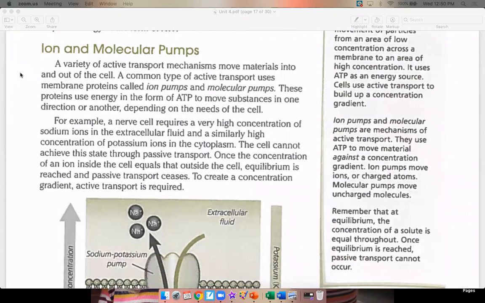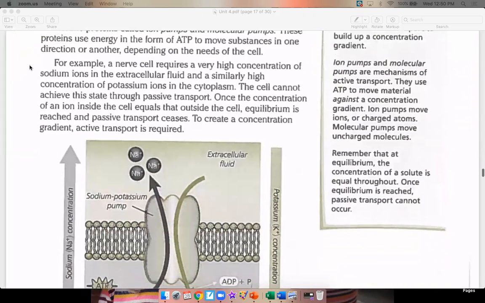Ion and molecular pumps. A variety of active transport mechanisms move materials into and out of the cell. A common type of active transport uses membrane proteins called ion pumps and molecular pumps. These proteins use energy in the form of ATP to move substances in one direction or another, depending on the needs of the cell. For example,